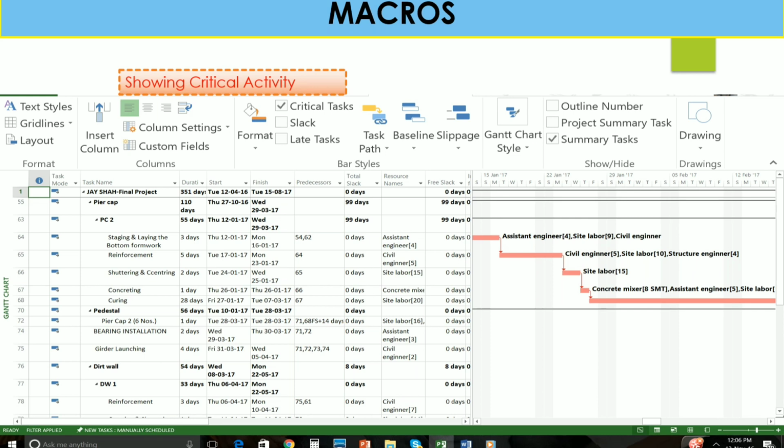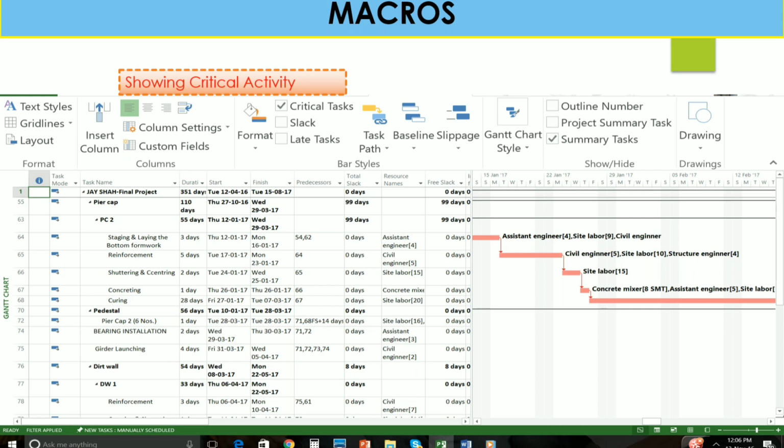Based on that you can record any kind of macro you want, and Microsoft Project shows your code in the global MPT file based on your recording. So it is an automatic coding system built into Microsoft Project. All your activities will be coded by the global MPT file. So you can easily create a command button and show your project requirements and project activities to your client, your project manager, or anyone.